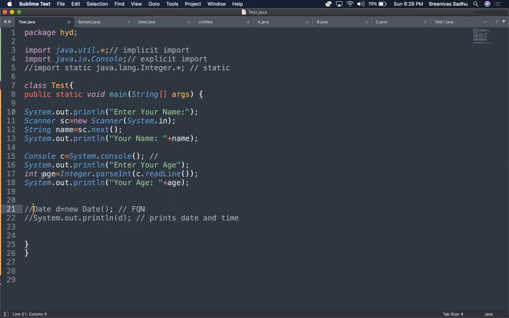So int age = Integer.parseInt(c.readLine()), and you are printing your age. This works fine. We are reading a name through Scanner, that's why java.util.*. I'm reading age using the Console class, and I have explicitly imported the Console class. Let me compile and run this to show that this will work fine.